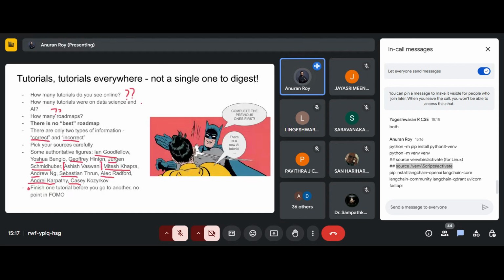So guys, is any of you having any issues with installing all of this?